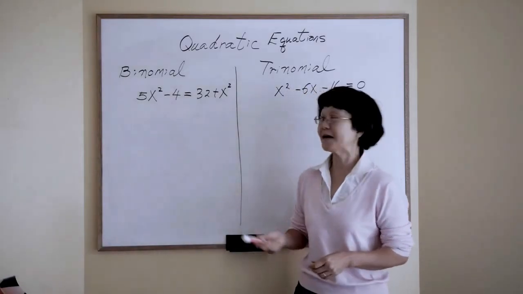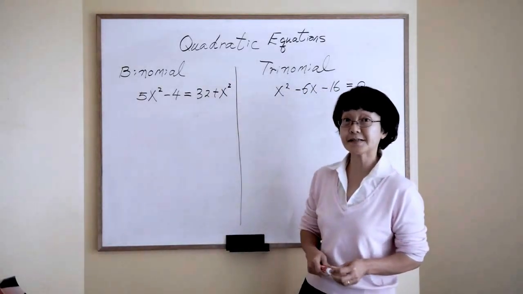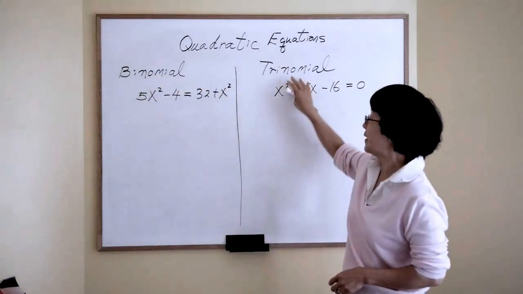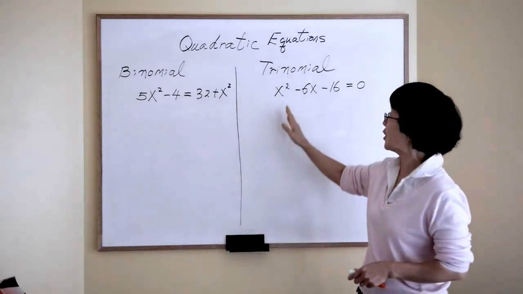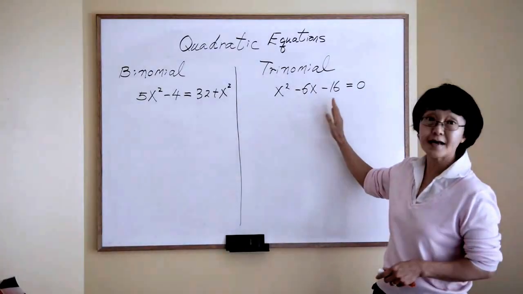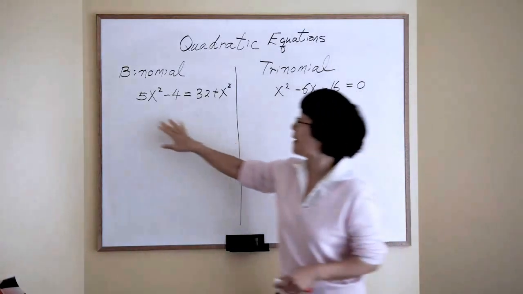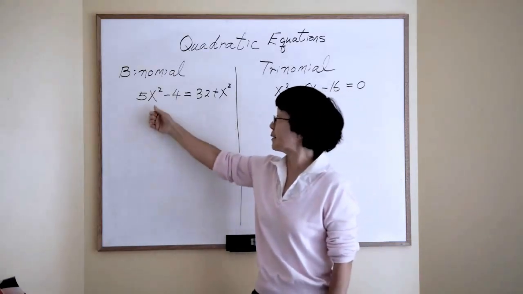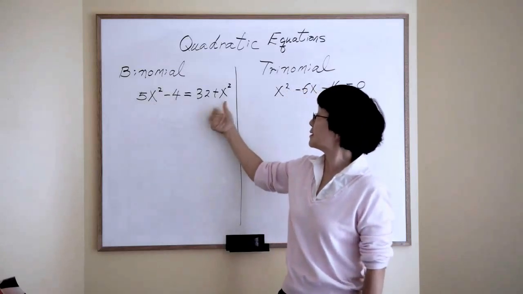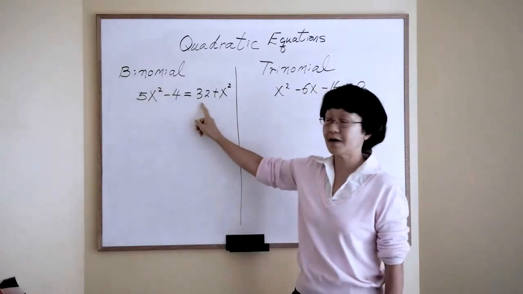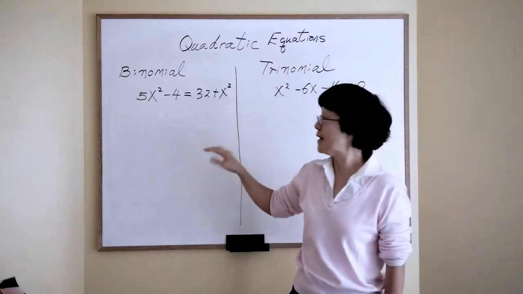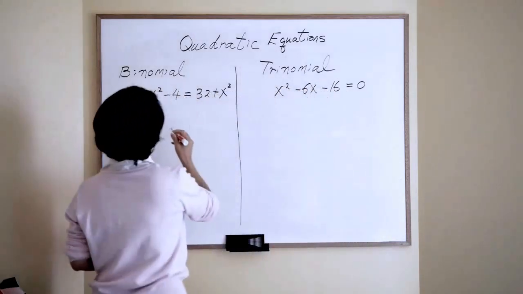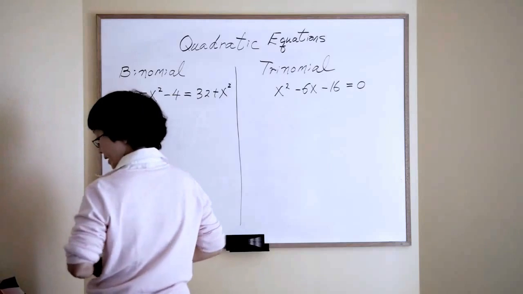I'm going to summarize solving quadratic equations, the skills that you already learned. One is for binomials and the other one is for trinomials. In trinomials, you basically have three terms: the x squared term, the x term, and the constant term, okay? But in binomials, look at this one. You might think you have four terms. Actually, you only have two terms. You only have the x squared terms, those two together, and the constant term, and the x term is missing, okay? So to solve the binomial kind of quadratic equations, remember what we did before? All we need to do is